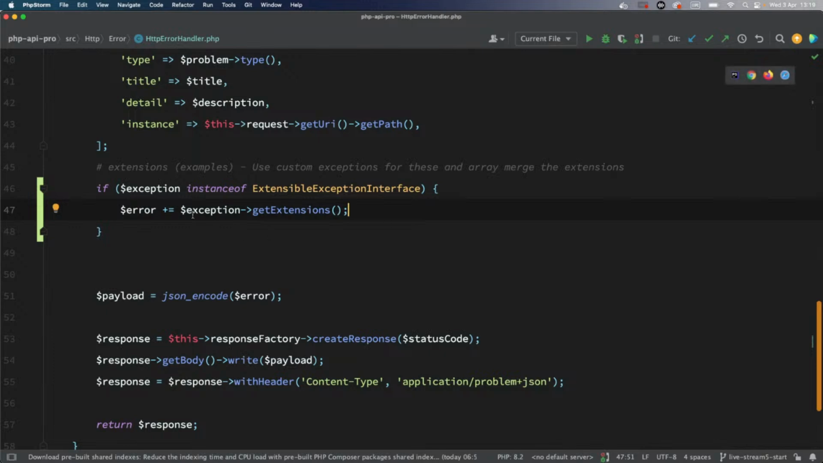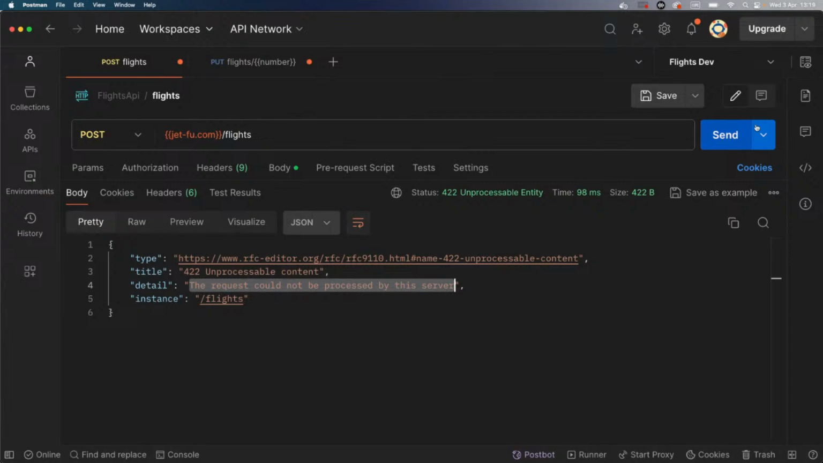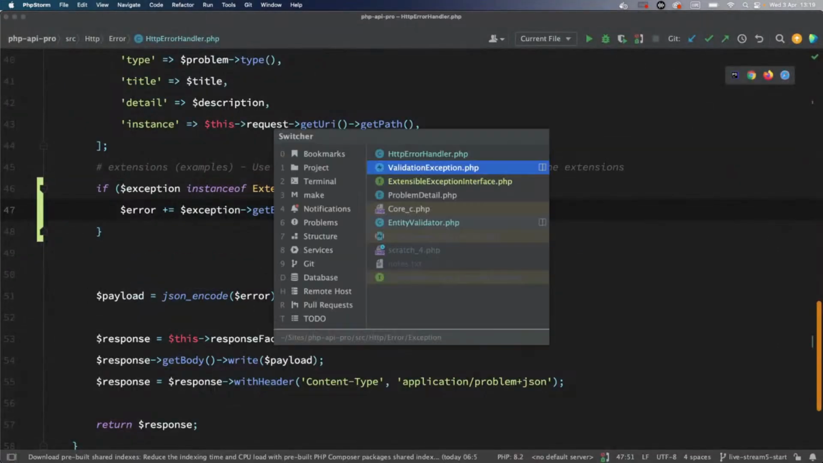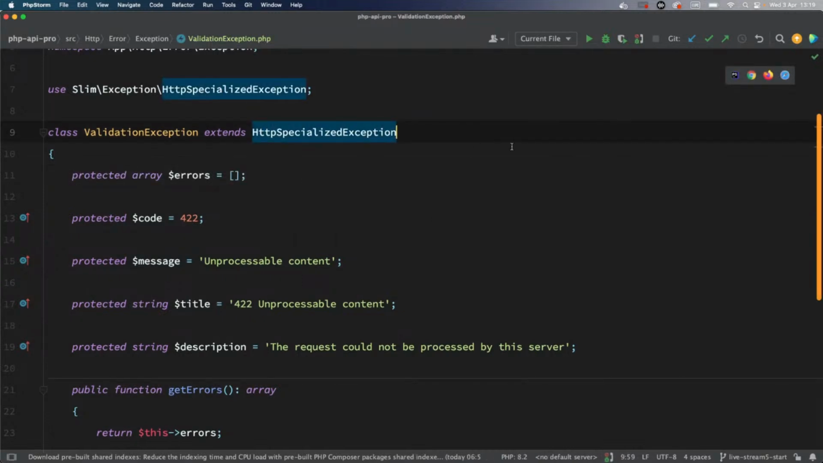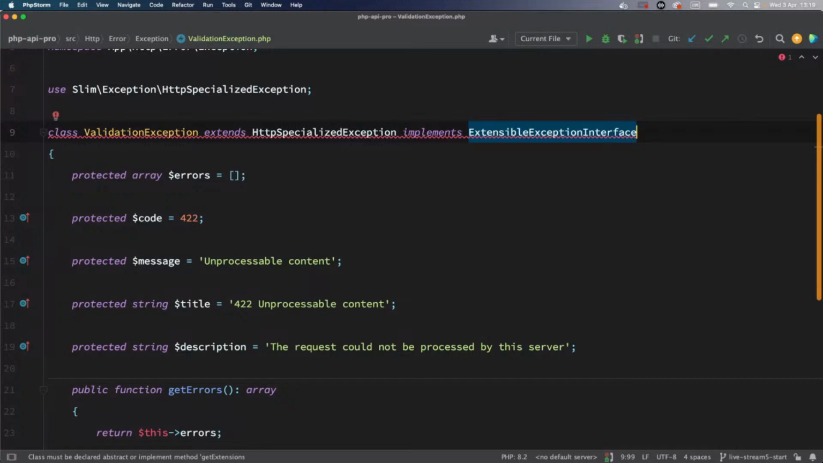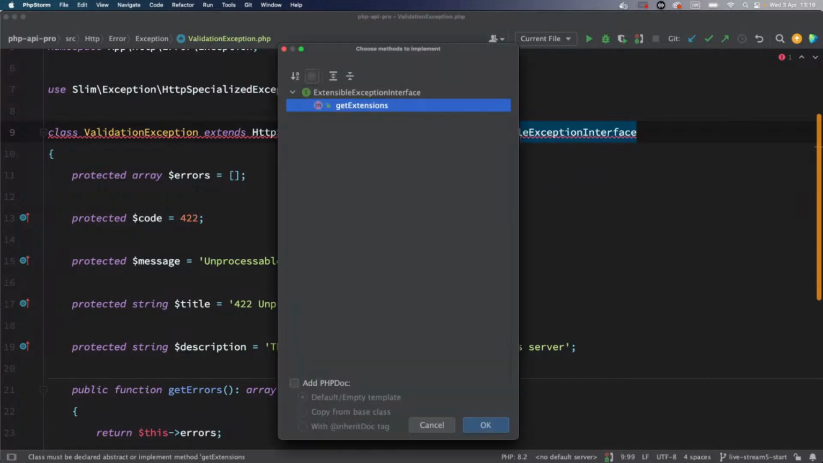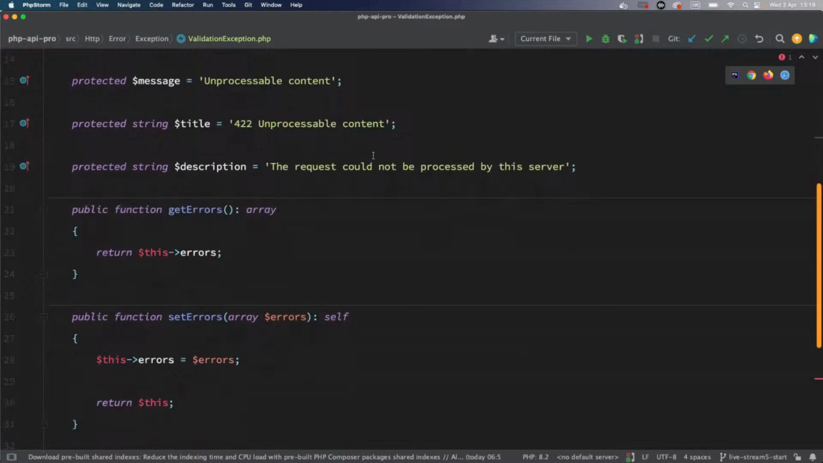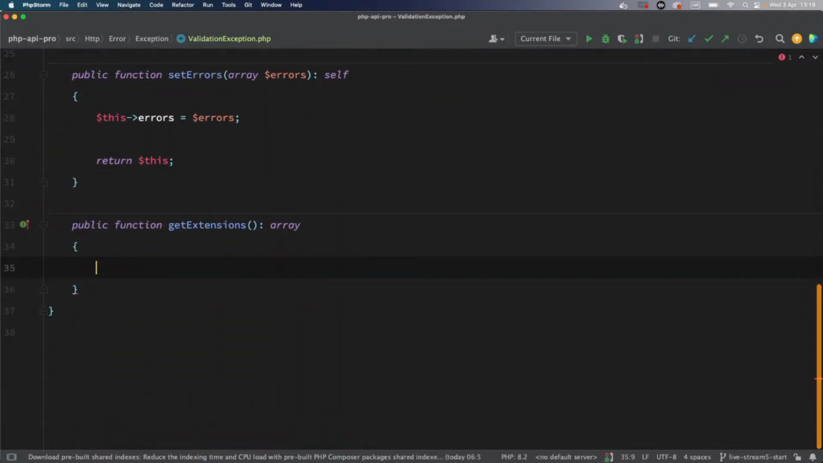Now at the moment, we are not implementing this with our validation exception. We're not implementing it anywhere. So our error is still going to look exactly the same. However, if we go to validation exception, and now we are extending HTTP specialized exception, but we're also implementing extensible exception interface. Red squiggly line, because it's telling me I need to add the get extensions method. And so how should get extensions be implemented in our validation exception? Well, really, we just want to return